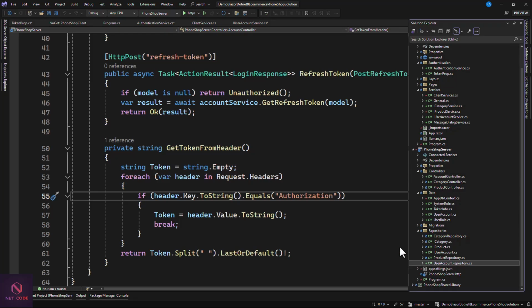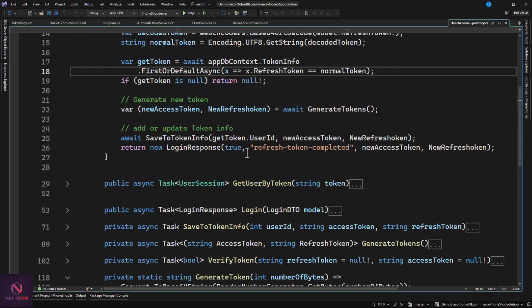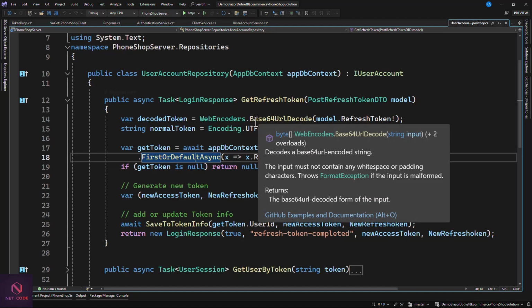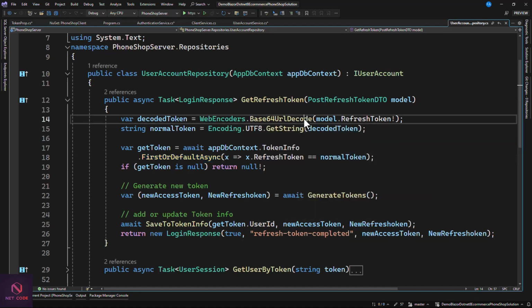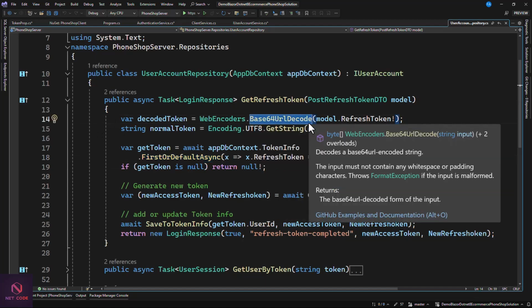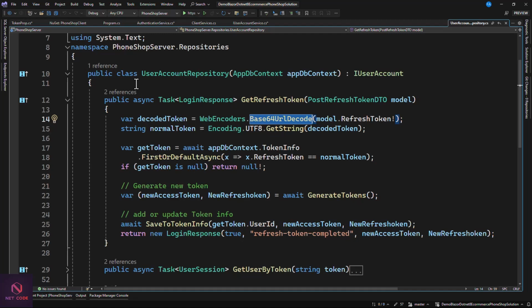So is that account repository? And in here, what we did was we decoded. You can see base64 URL decode. So we have to encode before we can decode. We make sure that we trim it, we remove all the slashes and all these things, and package it very well. But when it gets to the application where you're going to make a set from the database, it has to convert back to the normal one before it can make it. That is the reason why we use a decode. So to package it very nicely and present it well, we have to encode it. And that's the reason why we are also using the encoding